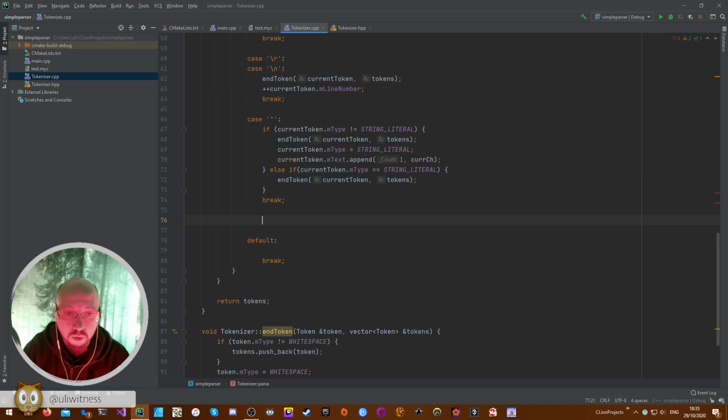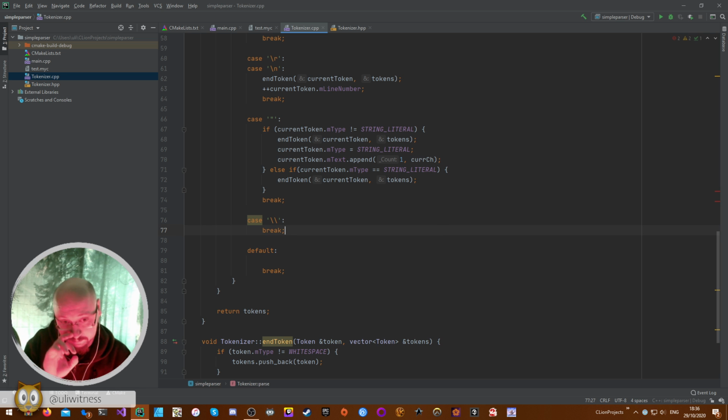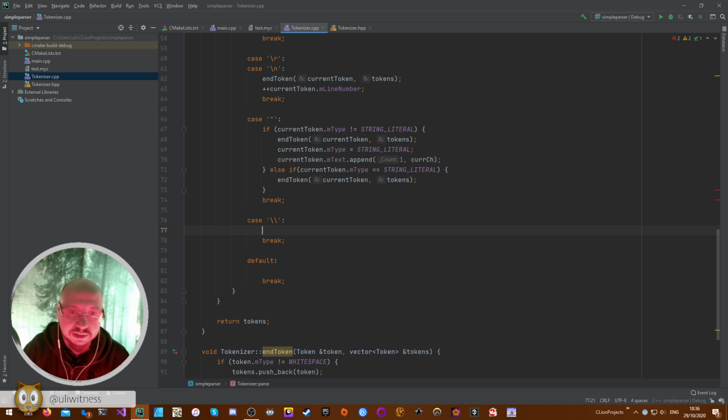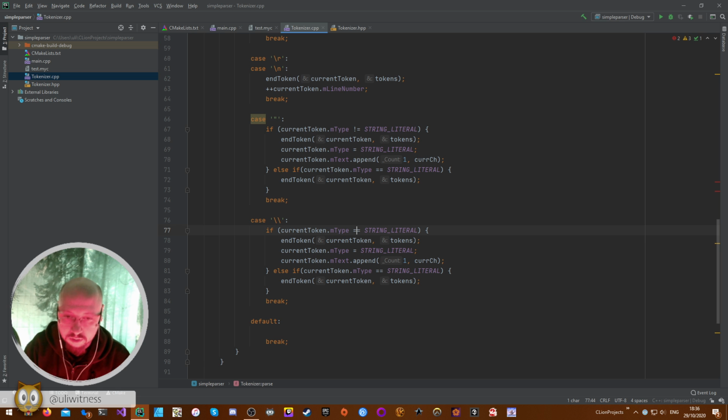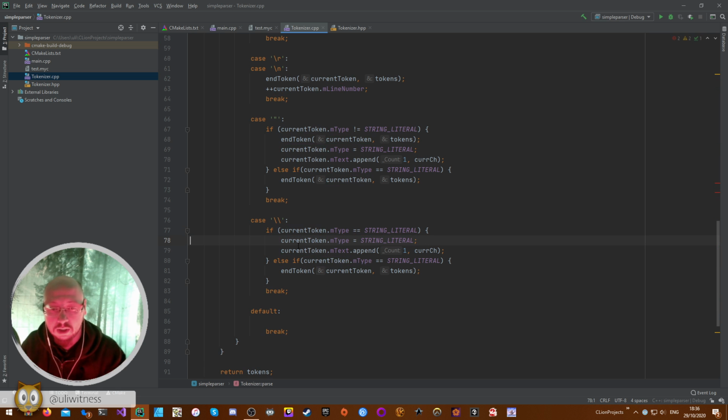So there's of course one more case that we haven't done yet, which is what do we do with a backslash? I'm writing 2 backslashes here for the simple reason that 1 backslash would be an escape sequence in the character literal, so that's why I need 2. And here, depending on the token type, if the token type is string literal, then we treat this character specially. Otherwise, we just take the backslash and put it